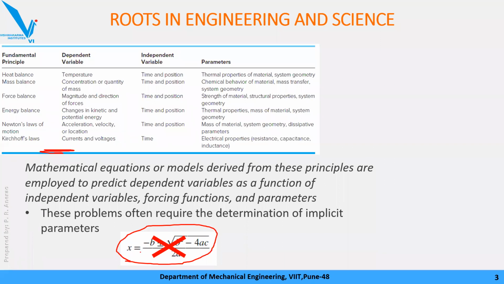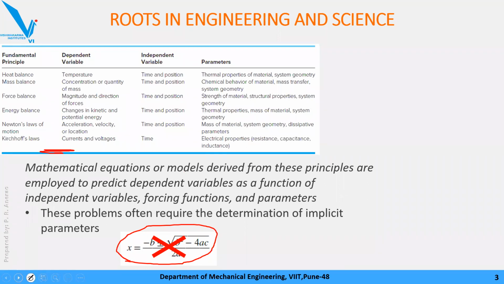This is only applicable for quadratic equations. We can solve up to linear and quadratic equations, but as soon as the degree of the polynomial increases, it is difficult to find the root of that equation or find the zero of that function. Also, our engineering problems or engineering systems don't always have a polynomial. They generally deal with transcendental equations also. Okay, so those are very difficult to solve.